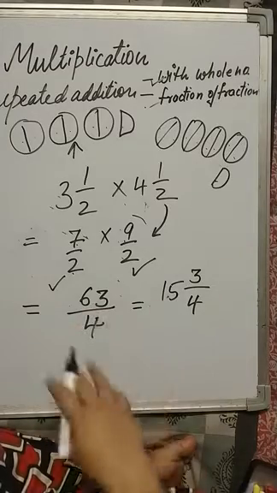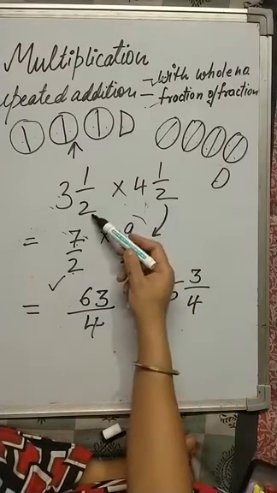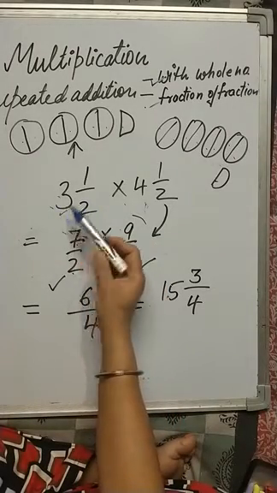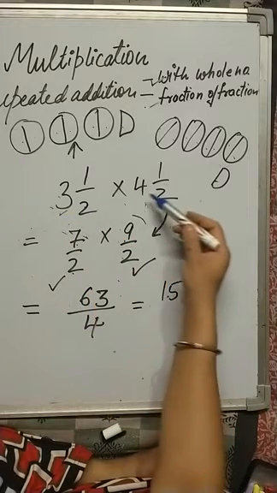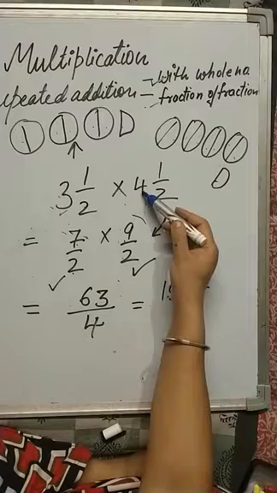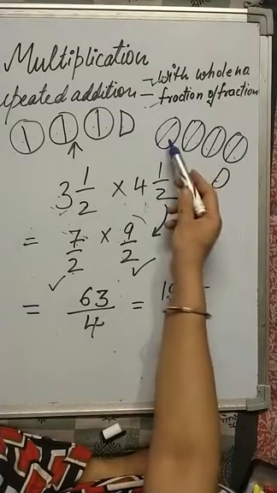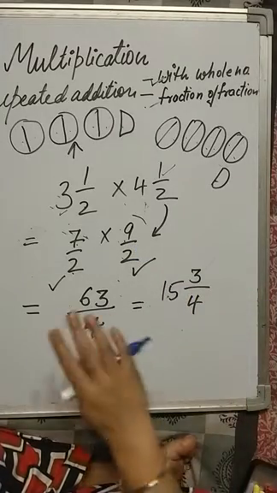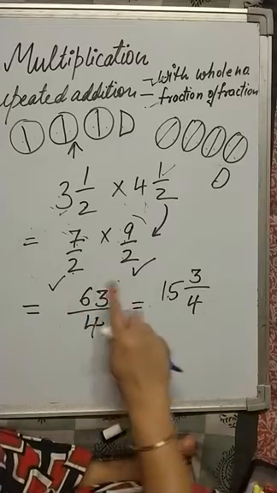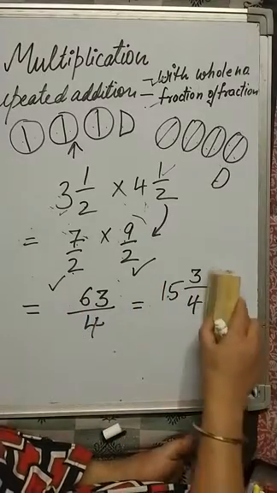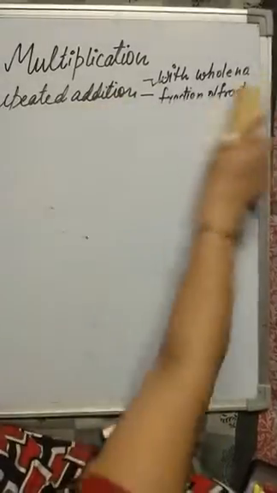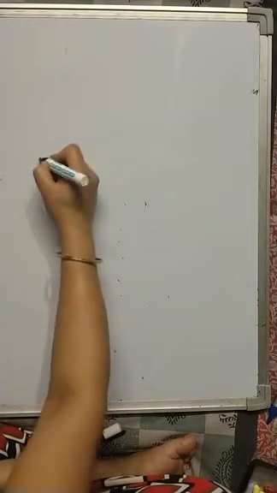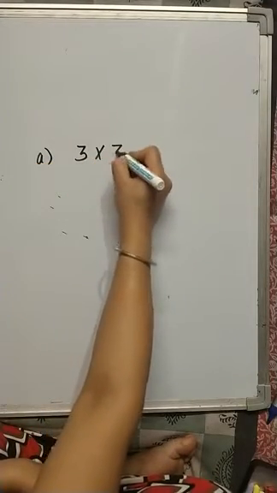So this is the way to solve these sums. Here you need a trick. 3 halves, how many halves can you take out from 3 chocolates? 6, and 1 more, 7. How many halves can you take out from 4 chocolates? You will get 8 halves and 1 half you have. So there are 9 halves. You can simply multiply the numerator to numerator and the denominator to denominator. This is the way. Now next is how to divide. But before that, do solve these sums in your notebook.